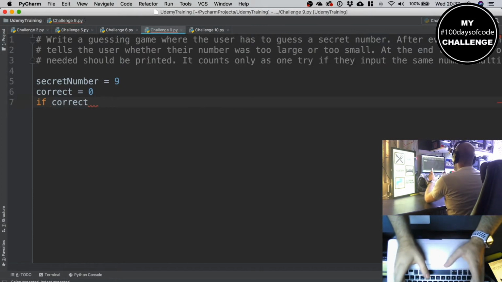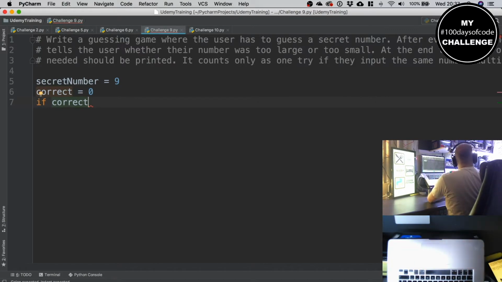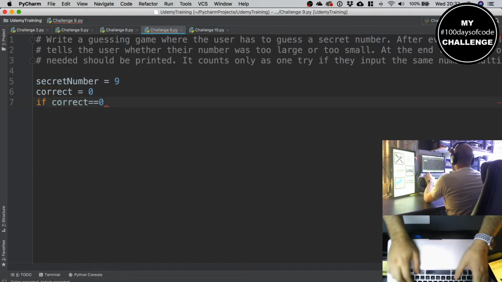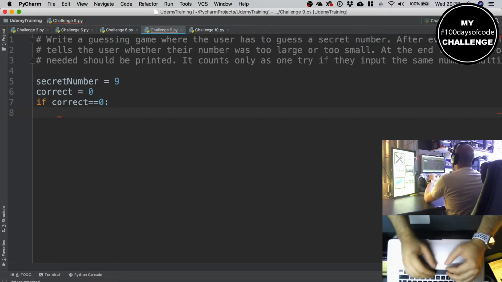The reason I've used 0 is honestly I can't remember the options for true and false. So 0 is going to be false, 1 is going to be true. And I will write that on my pad and it'll either come to me or I will look it up. So if correct equals 0, then